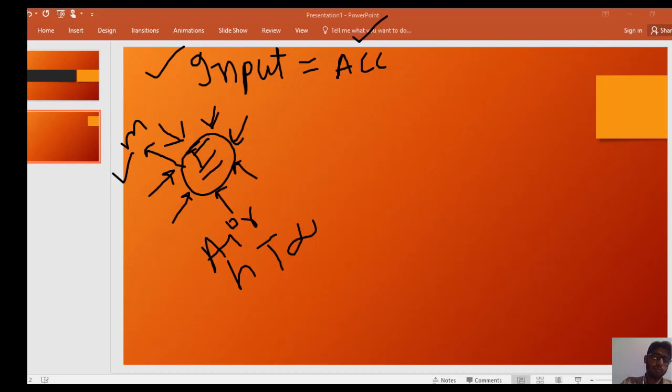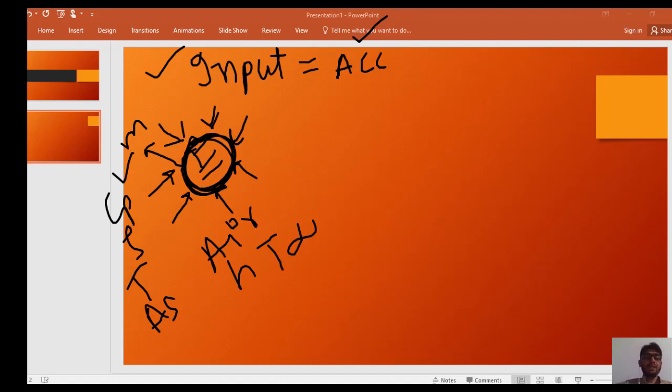The volume of the system was V, and the specific heat of the material was Cp. Rho was the density of the material, V was the volume of the system, and T was the temperature of the system. And the surface area of the system was AS, the surface area of our spherical material.